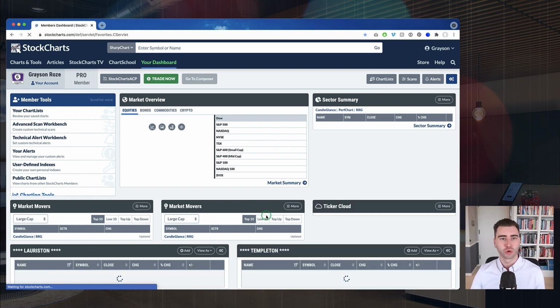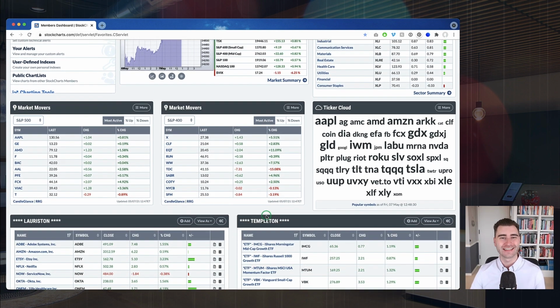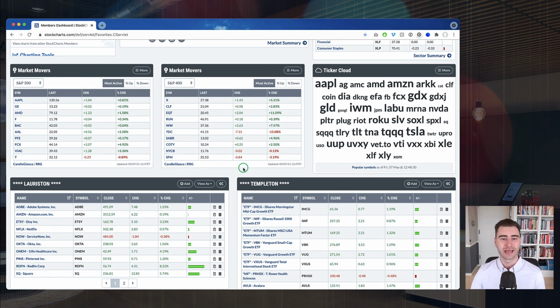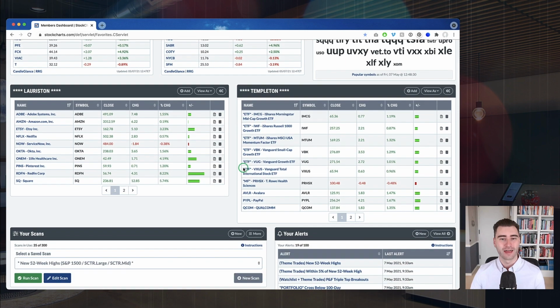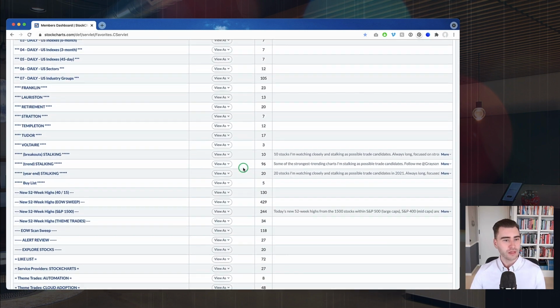I'm going to head over to the dashboard, the first page that you see when you log into StockCharts. I like to call this the heart and soul of StockCharts, as many of you know. Tons and tons to see here. We've actually done a whole episode of StockCharts In Focus on how to customize this page, so you can go back and find that. But we're going to scroll down to my chart lists, and I'm actually going to pull